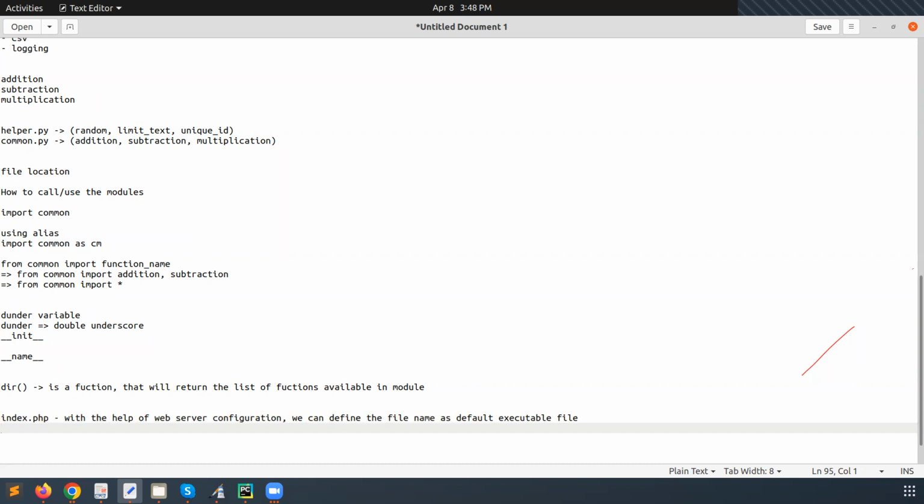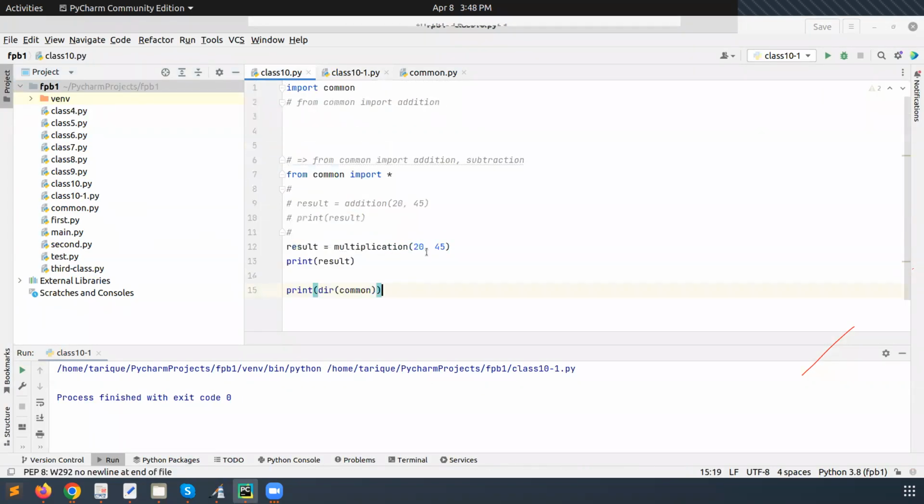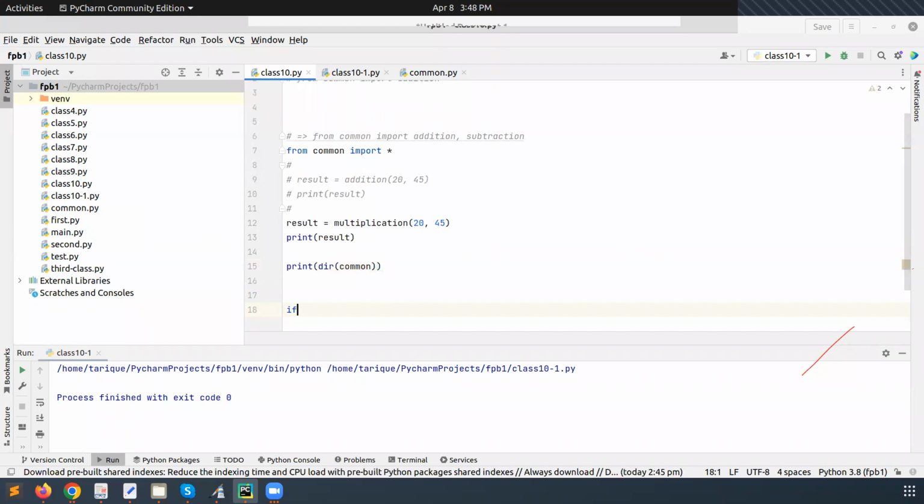In other programming languages, there is an option like index.java. I think index.java is also available. In .NET, some concept is also available. Here in Python, there is one concept. If we have 100 lines of code in a file and we want to execute the file from a particular position, at that time, basically what we are doing,